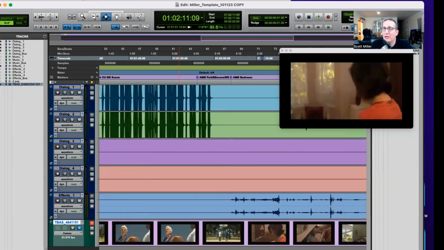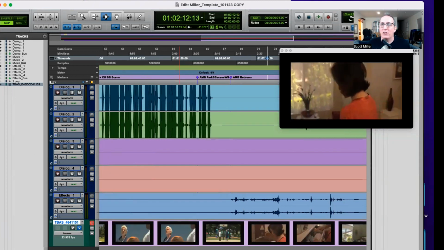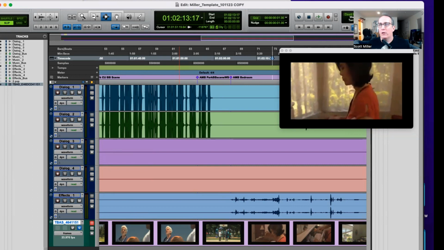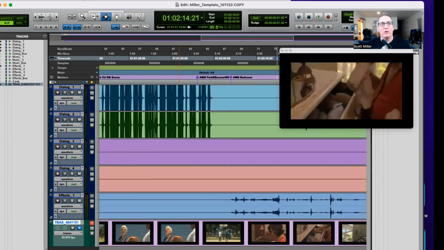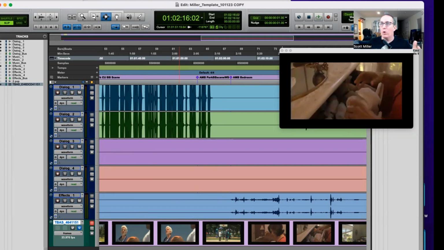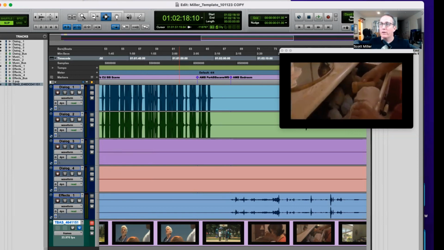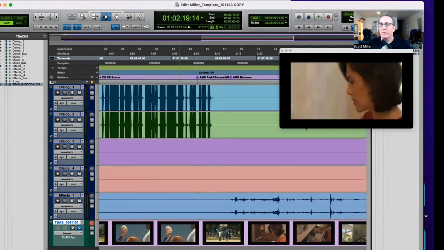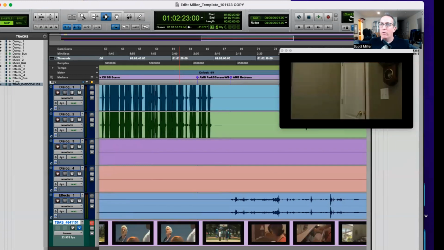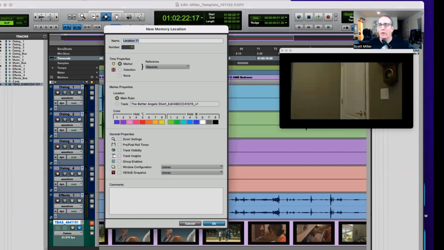Because a lot of times, like I said, you will only have a chance to put in markers, or you'll only have a chance to put in sound for backgrounds and ambiances and edit the dialogue. And that's all the time and the budget allows. So we're in one room. So technically we're about to go into a different room. So this room is a tiny bit different. So maybe I'll put in a marker here as well. So ambiance, bedroom